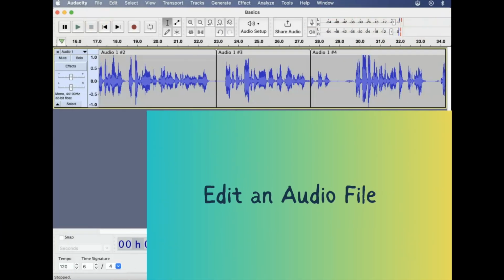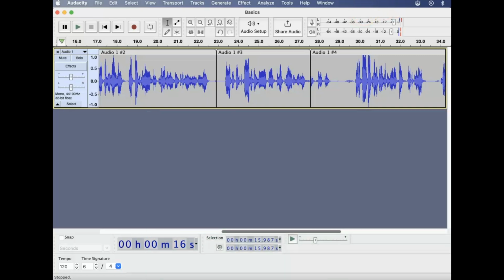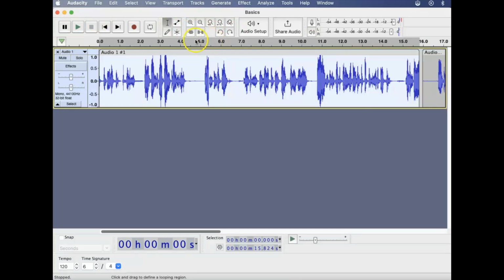Audacity has a range of editing tools. For this tutorial, I'll just focus on the basic ones. And let's practice these tools on our test recording. These tools will only work if you have stopped the playback of your audio clip. To edit, hover your selection tool over the end of a clip. You'll notice it will have changed, and we can do a trim. And that works from both ends,